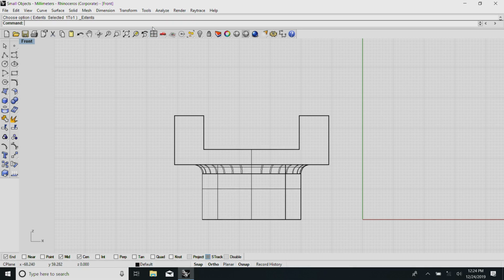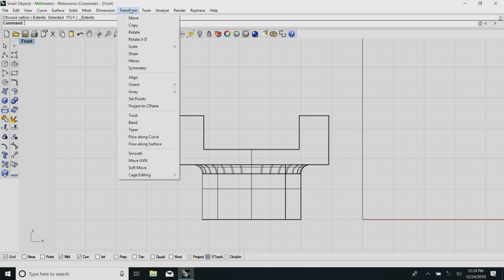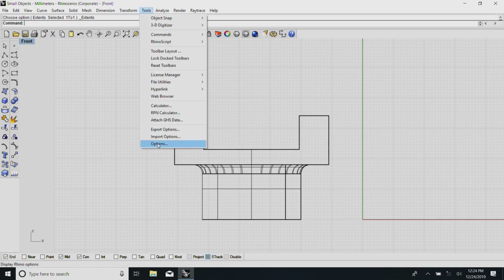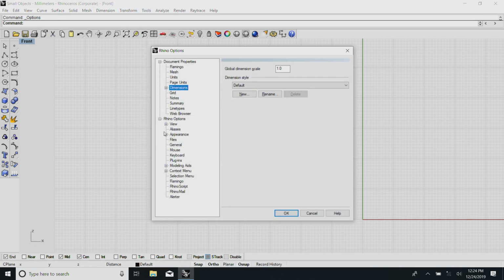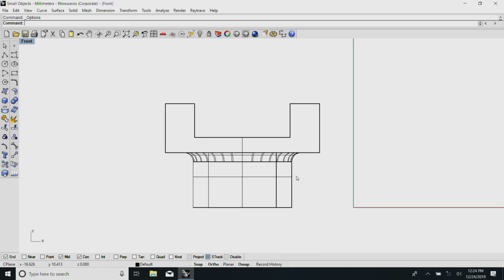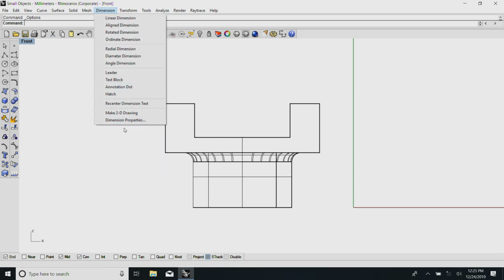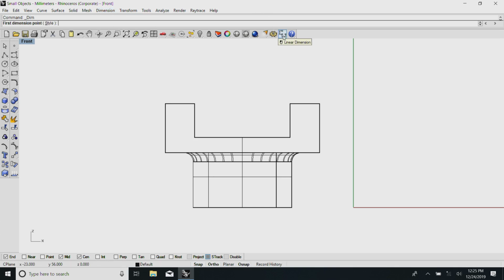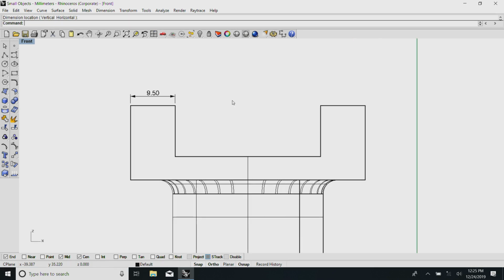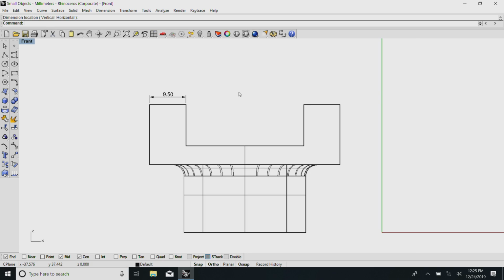I will try to give it a small attempt. For the matter of convention, I switched off the whole grid, and allow me to see whether it is possible for me to dimension this. So, as explained to you earlier, we need to give the smallest first here. You see here it shows it is a 9.5 millimeter limb here.